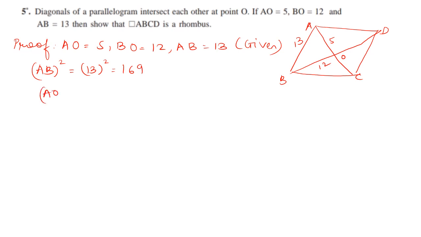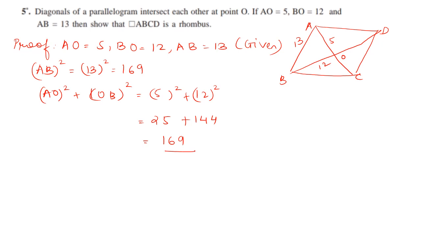So AO square plus OB square is equal to 5 square plus 12 square, which is equal to 25 plus 144, which is equal to 169. Okay, so that means AB square is equal to 169 and AO square plus OB square is also equal to 169. So by converse of Pythagoras theorem,